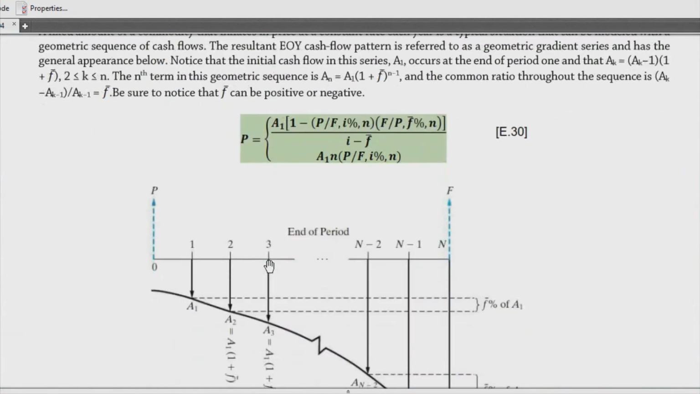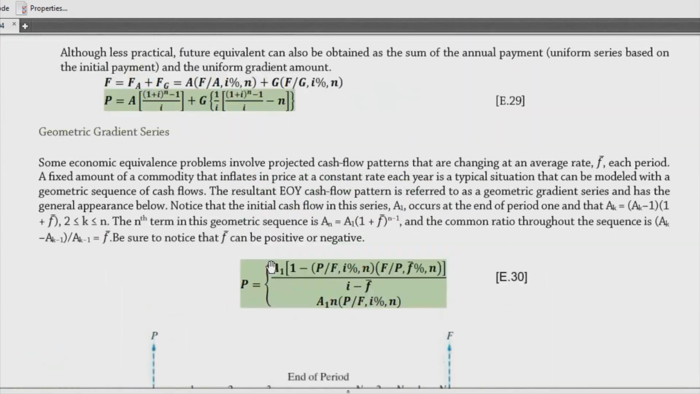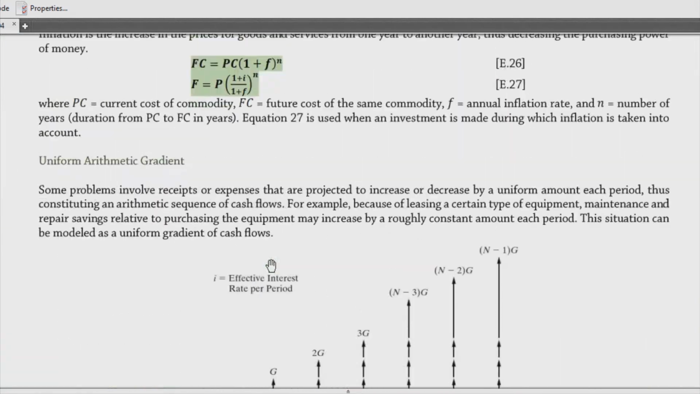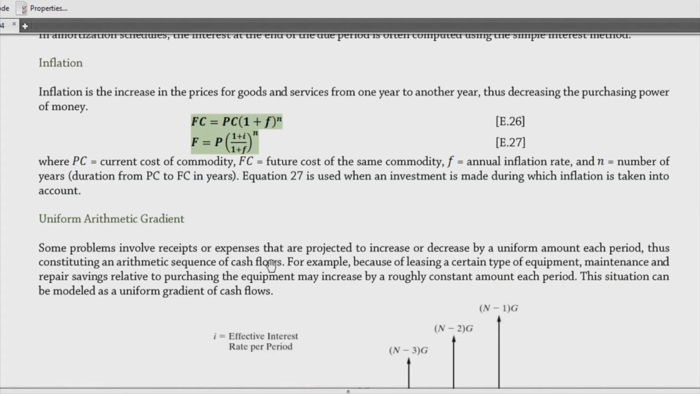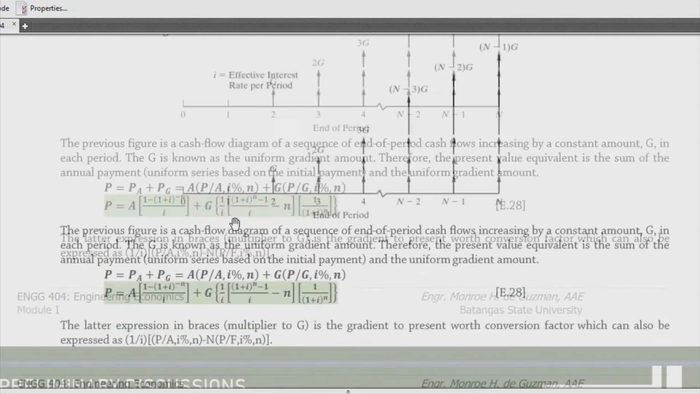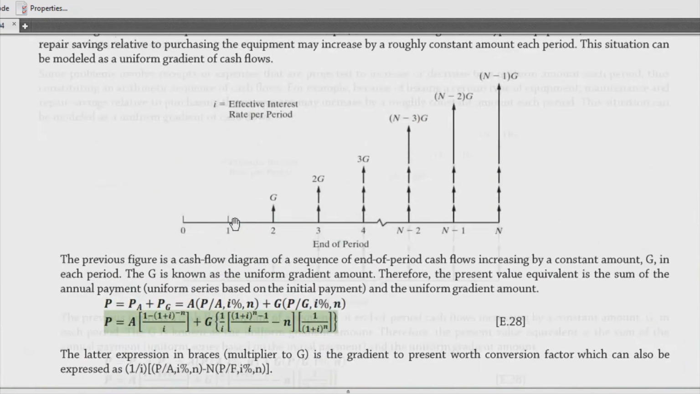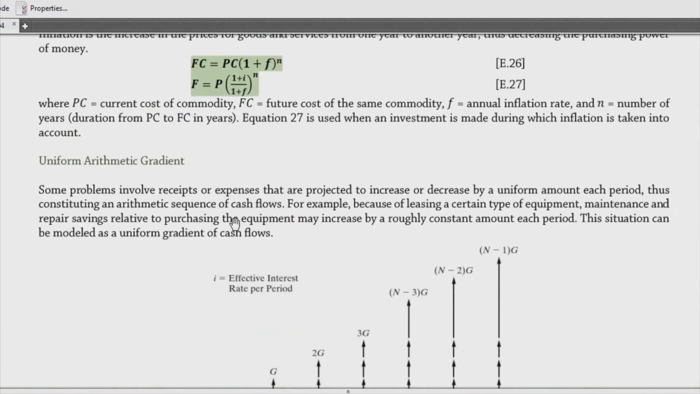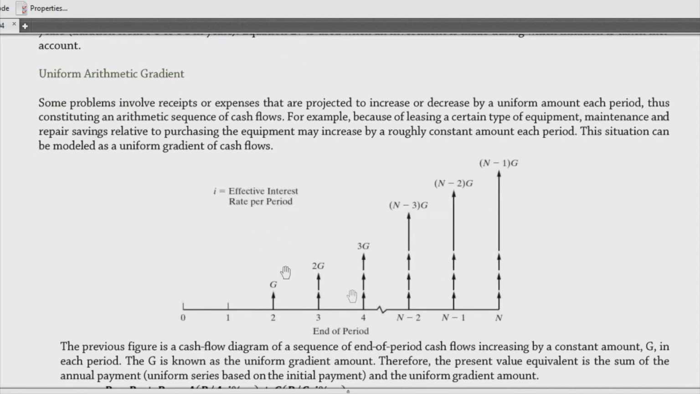Now, I think this is the last, hindi pala. So, last two of our time-related monetary values would be the uniform arithmetic gradient and then the geometric gradient series. Now, for the first one, the uniform arithmetic gradient, so we could say that you just look at the cash